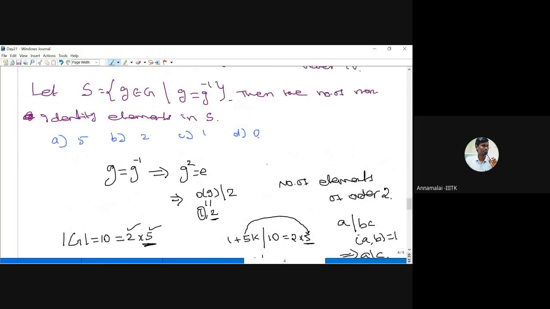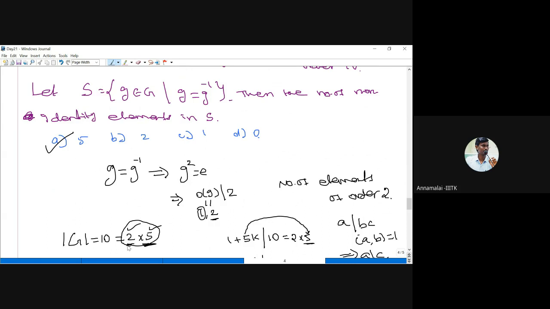The first one. Got it? So this type of problem, you have to apply Sylow's theorem. You have to find the number of Sylow subgroups depending upon the group. Suppose the order of the group contains 2 primes. So in this problem, the group contains 2 primes, namely 2 and 5.